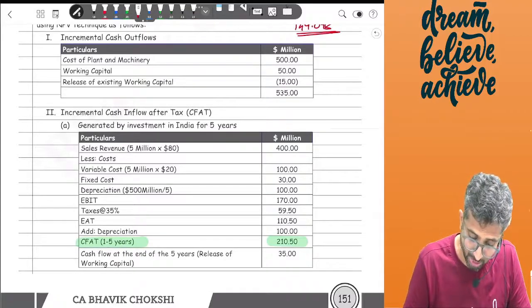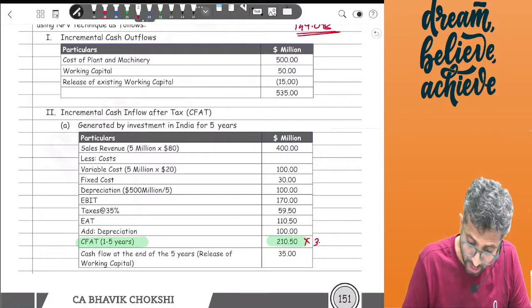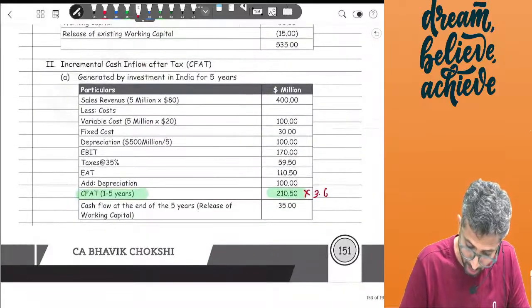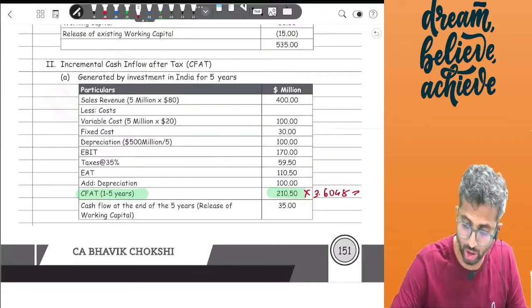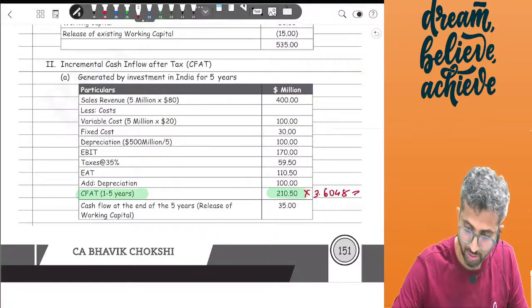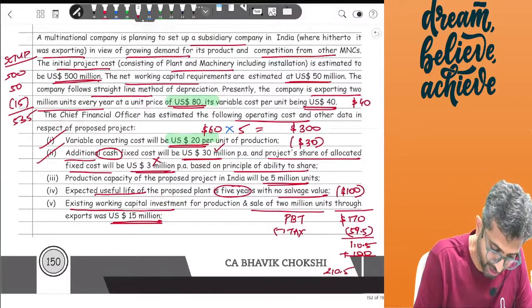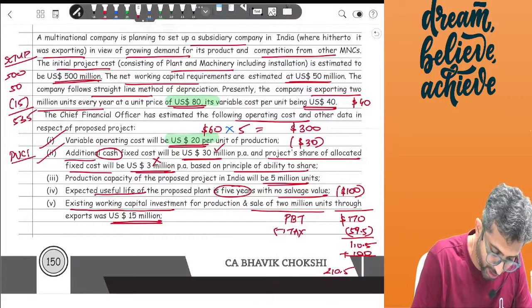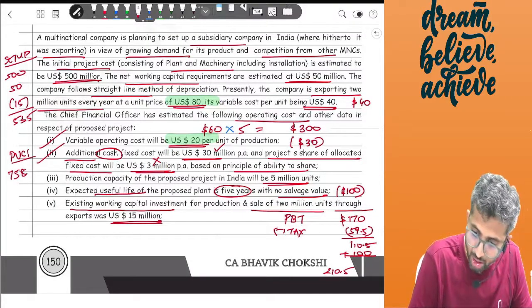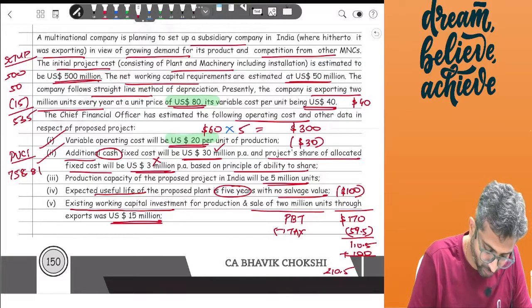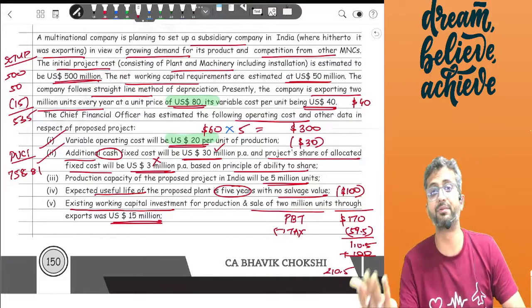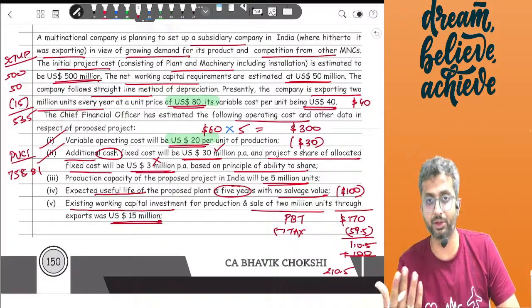If I multiply this by the PVAF of 3.6048, this will be 210.5 into 3.6048. This comes to 758.81. So your PVCI would be 758.81. Apart from that, I had invested 50 of working capital, not just 35, 50 of working capital, which will